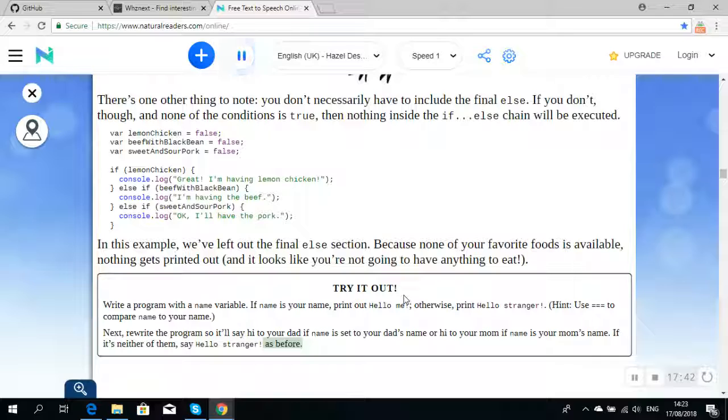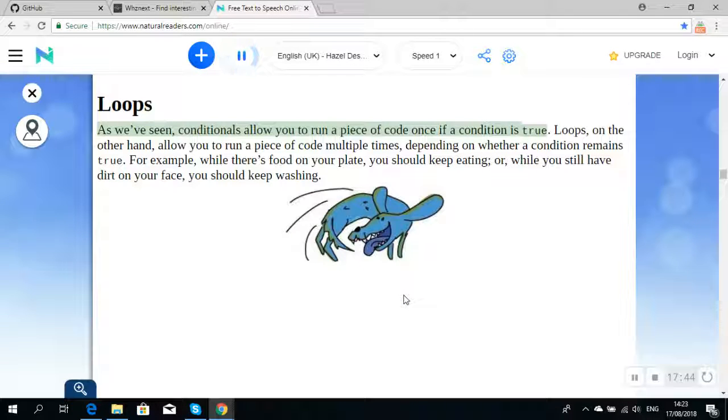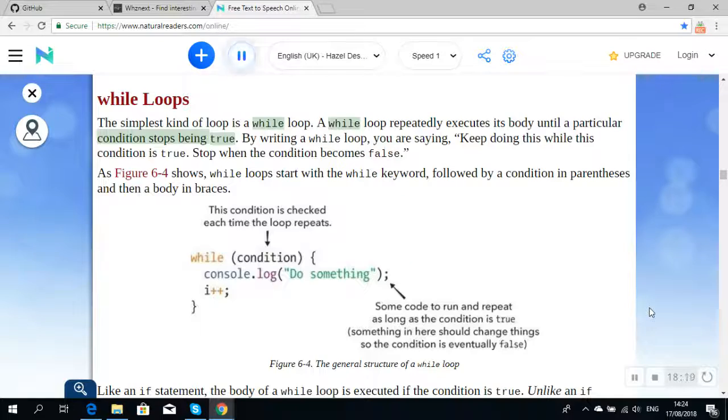As we've seen, conditionals allow you to run a piece of code once if a condition is true. Loops, on the other hand, allow you to run a piece of code multiple times, depending on whether a condition remains true. For example, while there's food on your plate, you should keep eating, or, while you still have dirt on your face, you should keep washing. While the condition stops being